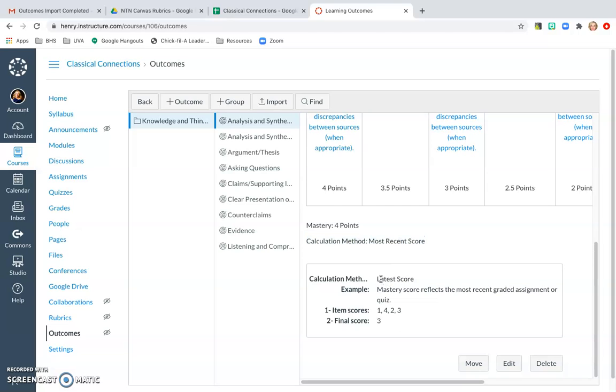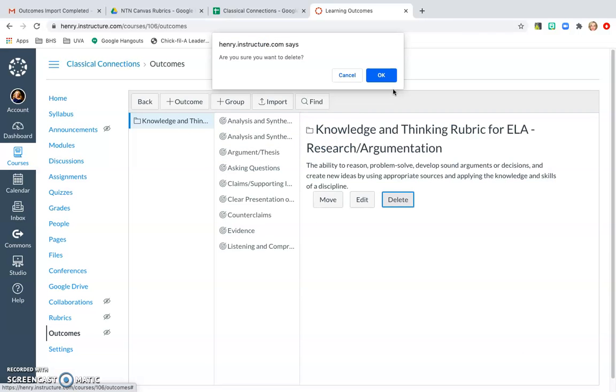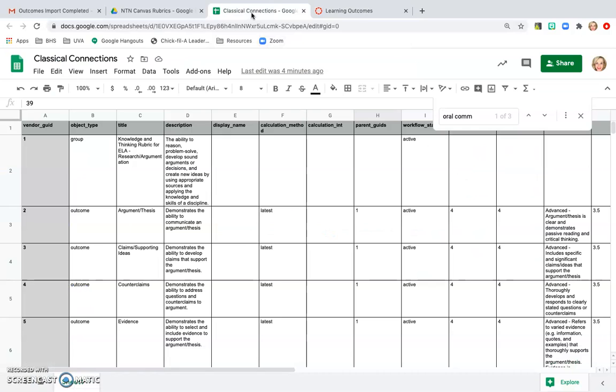For example, I'm using the latest score for this, which means that the student's latest score is going to be their mastery score, the most recent graded assignment or quiz. So for example here, they got a 1, a 4, a 2, and a 3. The 3 is the most recent one, and so that's going to be their mastery score. Now, I'm going to delete this so that you can see what it would look like for me to upload